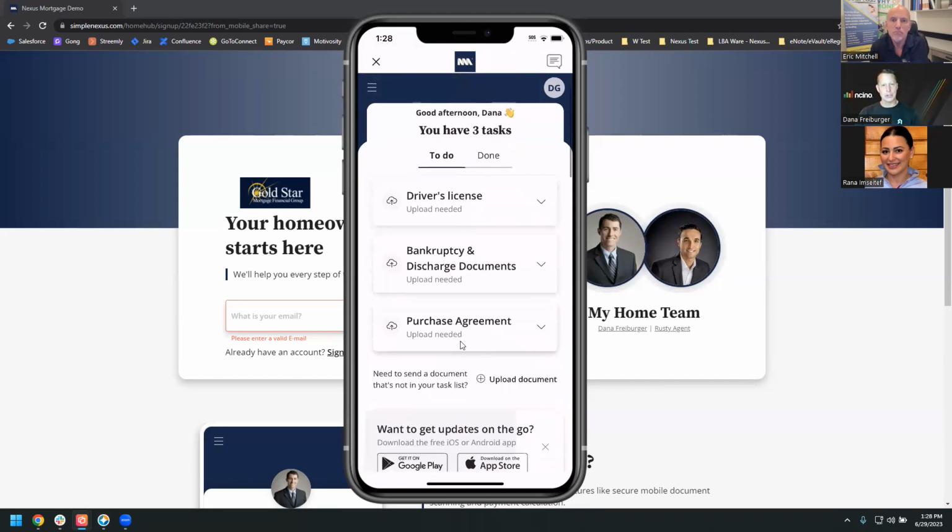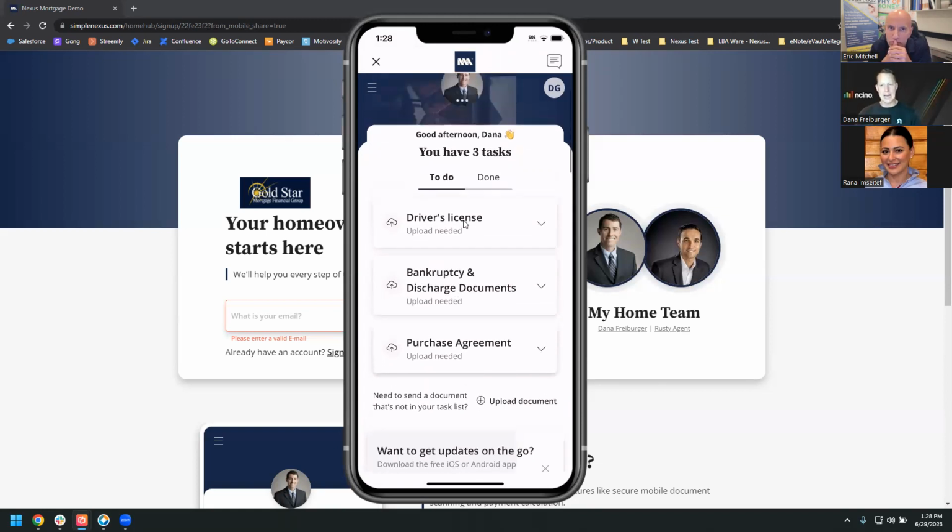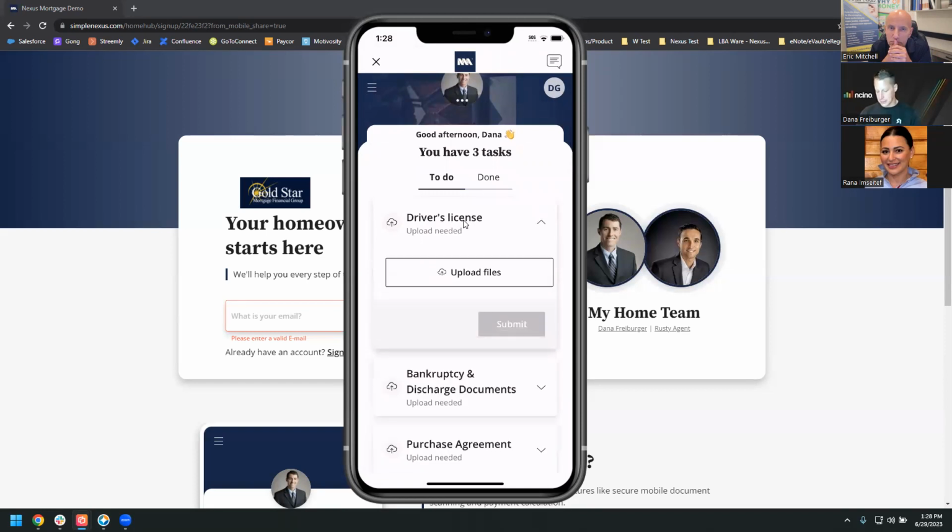I said I was doing a purchase and I have an address to the property I'm looking to buy. Therefore, my application in my demo environment is requiring me to upload a purchase agreement. What's really nice is now your borrower can literally just, let's say, click on driver's license and click upload file,